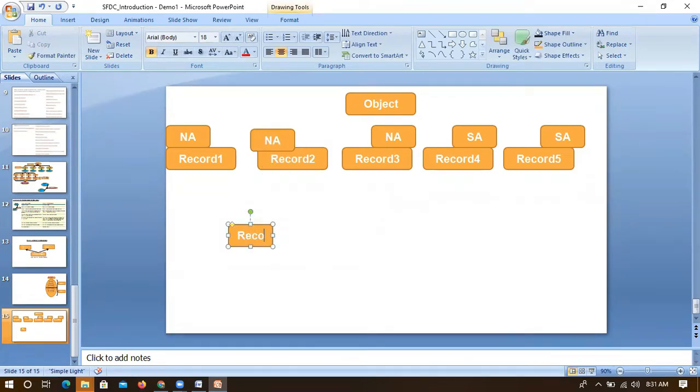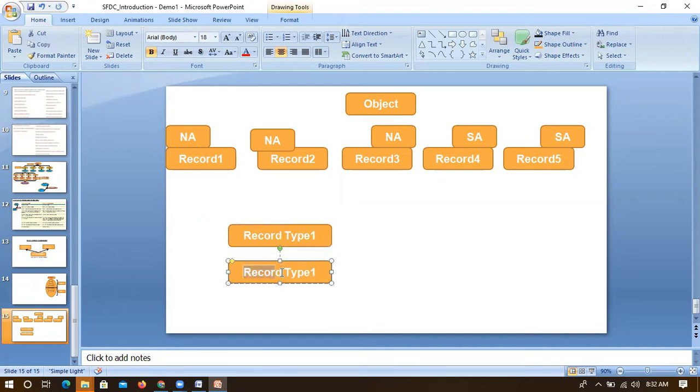So first, let's consider record type 1. This will be connected to page layout 1.